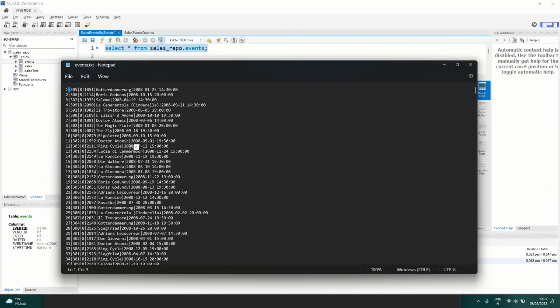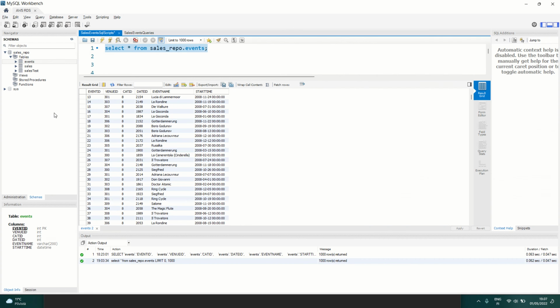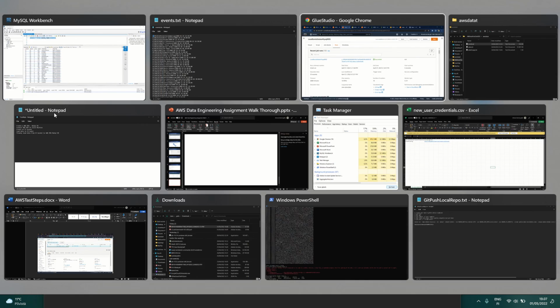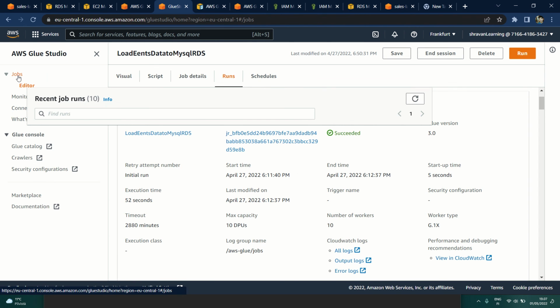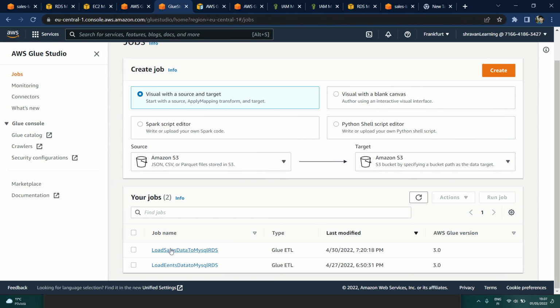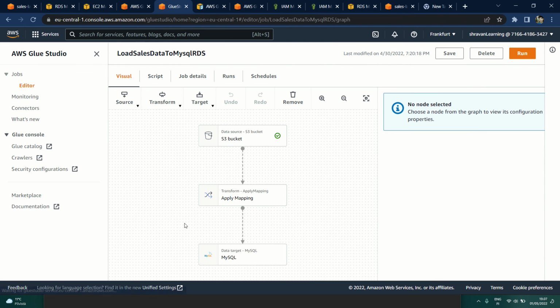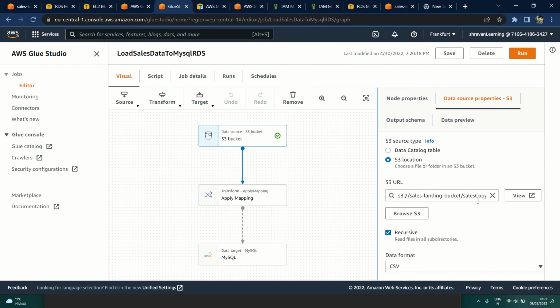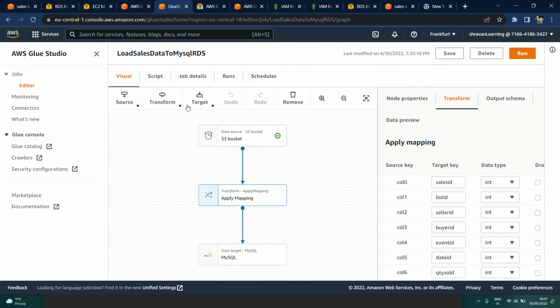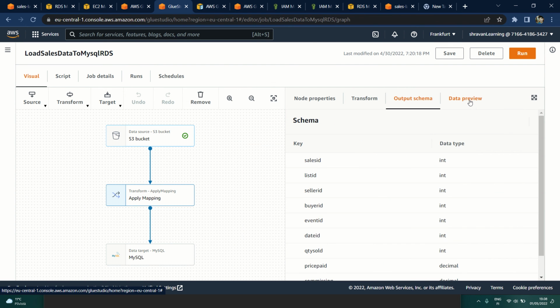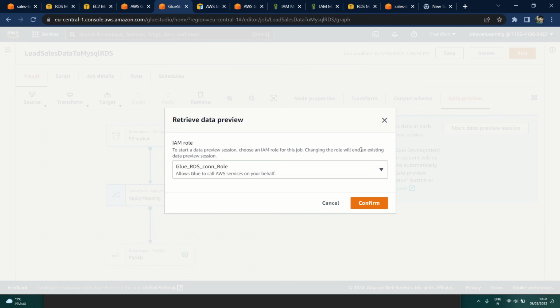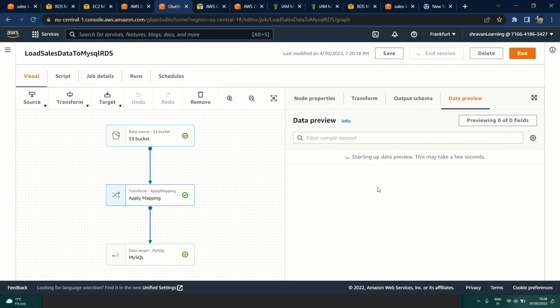Similarly, we also created another AWS Glue job. We will also see that. So we just go to jobs, and we have one more job, that is load sales data. So similarly S3 bucket, apply mapping, whereas this is a bit larger data transformation. As you can see, we have a lot of columns here. If you just do view data, confirm,